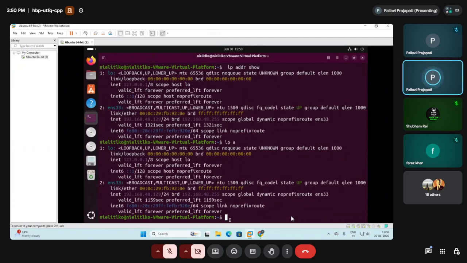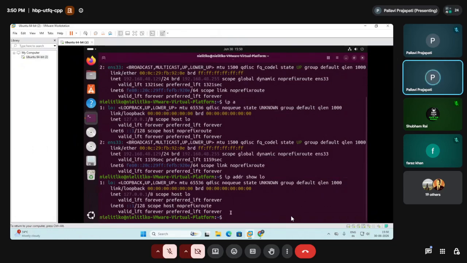Now if you want to see the details about any particular interface, you don't want the list of all interfaces here, then in that case you will type ip address show, and after this the name of the interface, for which interface you want to see the details. Let's say I am typing lo.